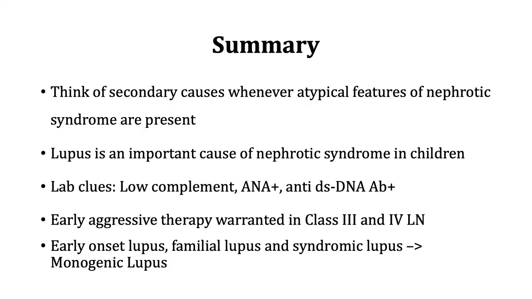So probably addition of a CNI would be beneficial rather than switching induction agents if a patient is having severe nephrotic range proteinuria at that point in time. So that is one option. The other options, obviously, for refractory disease are switching between induction agents and considering rituximab, which can also be considered later. And now the newer KDIGO guidelines give the option of voclosporin and belimumab, both of which require more